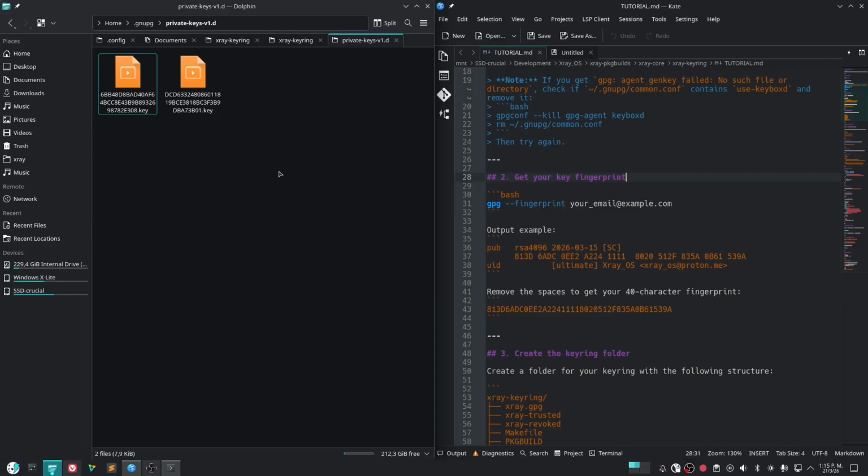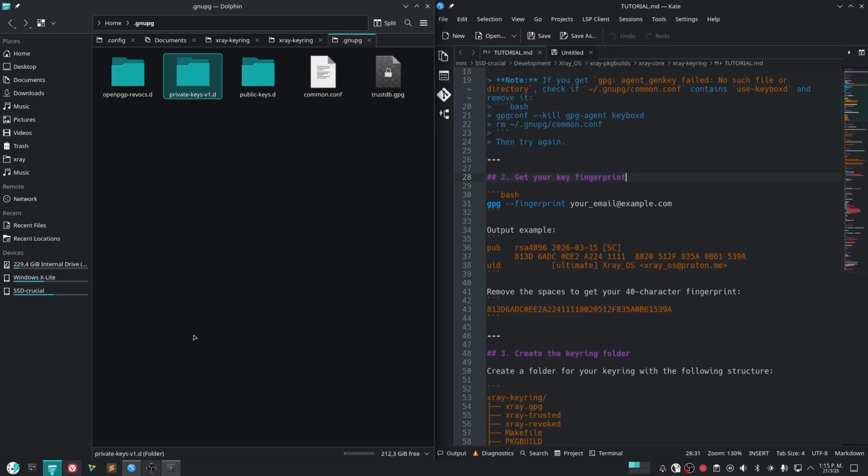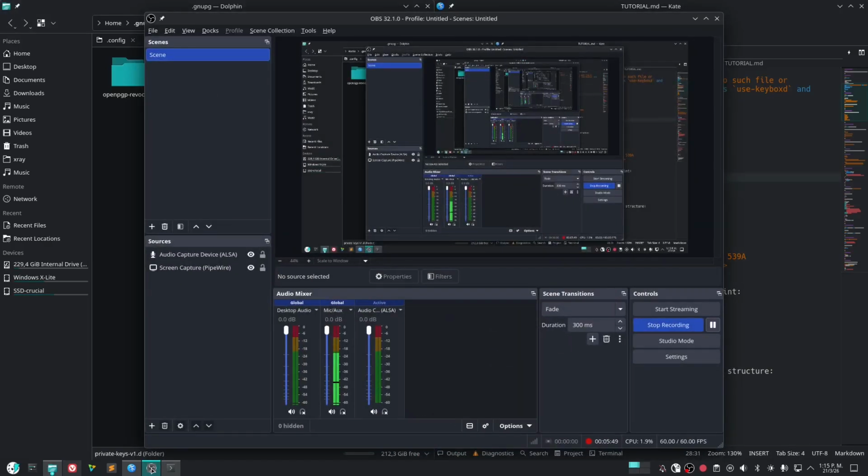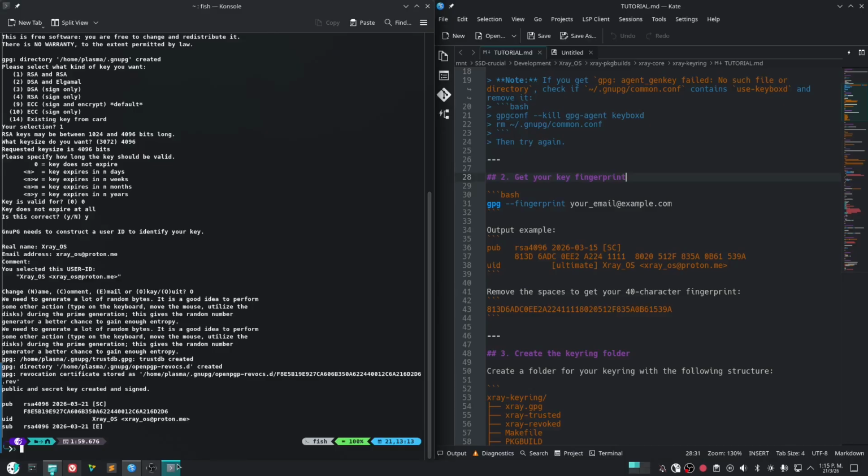So you better take your private key, right, and secure that. Be careful with that. Never lose your private key. Anyway,